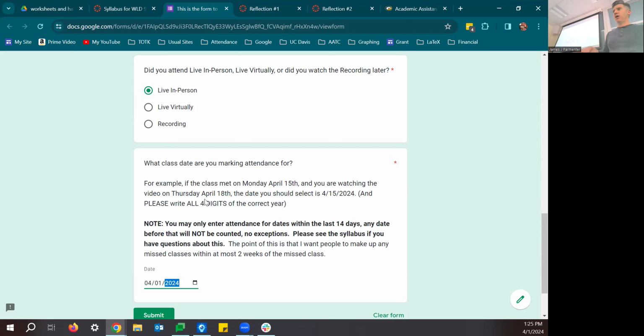Make sense? Okay. And as you might note in bold there, I require you to make up attendance within 2 weeks of the missed class. I think that seems reasonable, right? The material is occurring in a sequential sort of way. 2 weeks from now, yes, it might still be pertinent, but we need to see the material in the time. So if you miss a class and want to make up the attendance, please do so within 2 weeks. And importantly, make it up and then fill out the attendance form, right? If you don't fill out the form, I don't know that.